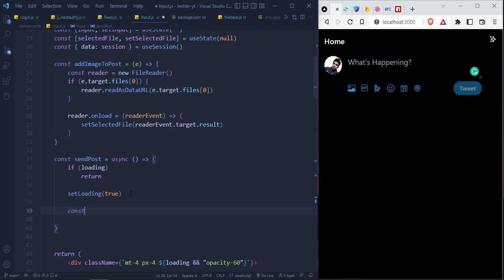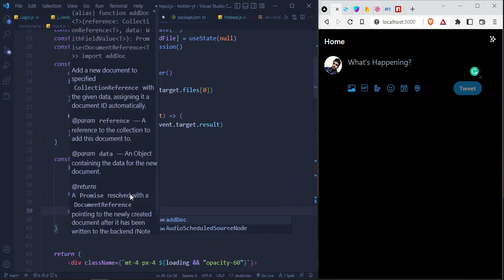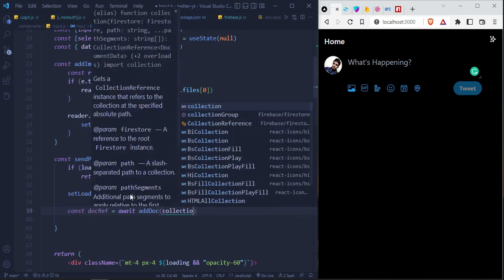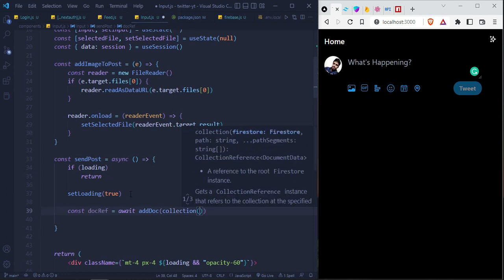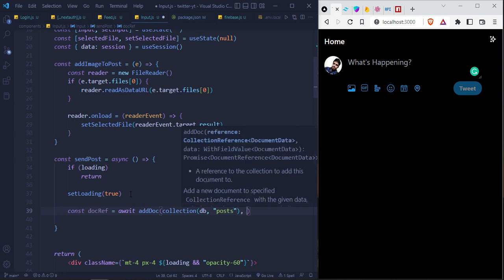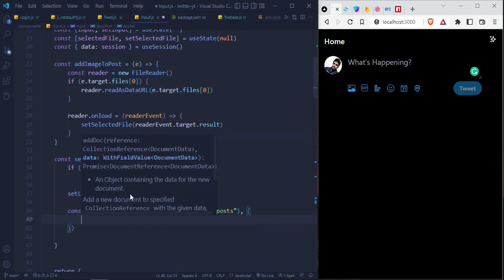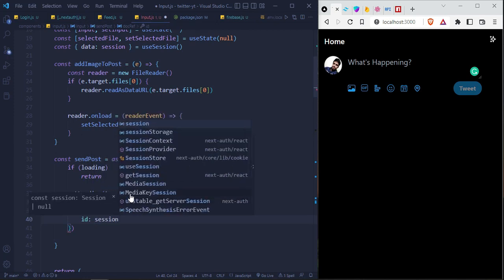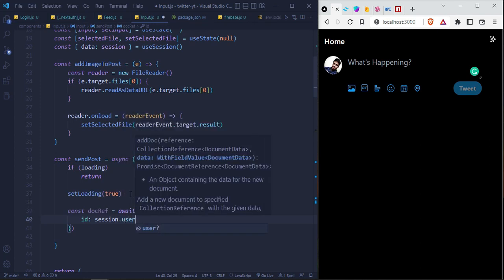Now we will do const docRef equals await addDoc. We are adding a doc in our Firebase, and we will provide it a collection, then the database instance, then where to put the post, inside post, and then we will be having a callback. We will be having an object to be saved. So we will be saving an ID, and we will get it from session.user.id